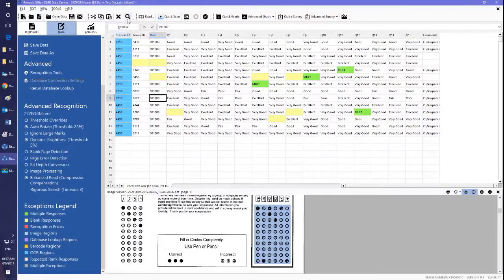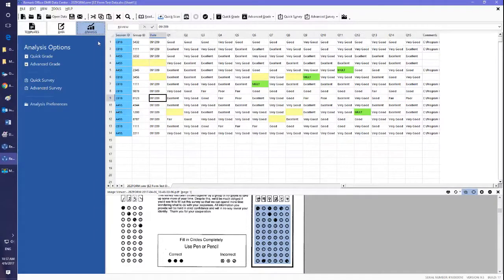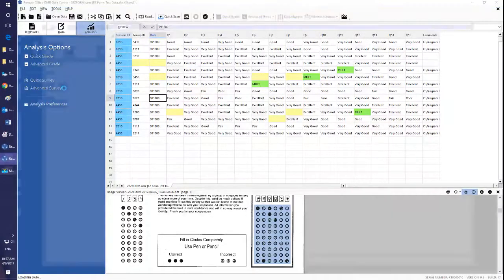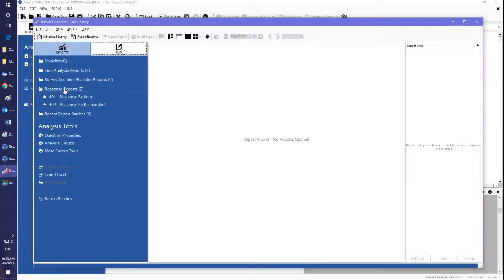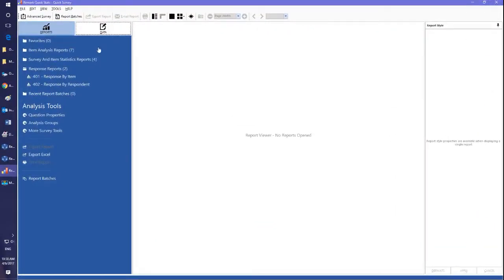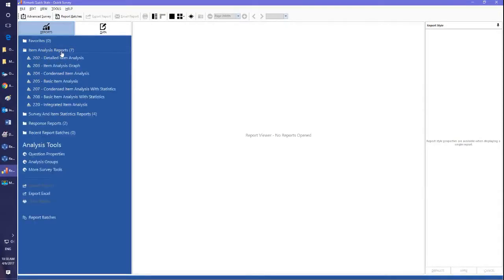Okay, I'm going to then click on the analysis tab here, and this is the next thing we can do with the data, and these are the reports. So since we're doing a survey, we're going to click on either Quick Survey or Advanced Survey. I'm going to click on Quick Survey, and we're going to start. That starts up the third module of the Remark Office software called Remark Quick Stats. And what it does is take us into the report generator, the Remark Quick Stats program, and we can then click on Reports. These are all what I call one-click reports, and I'll show you why, because when you click here, it runs a